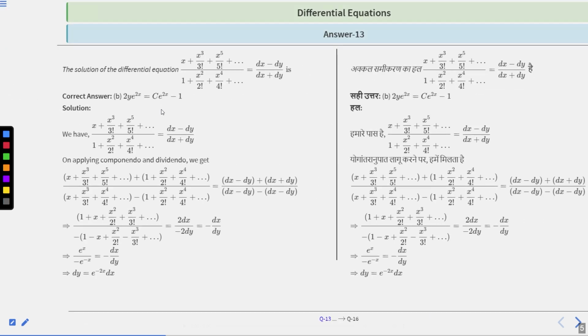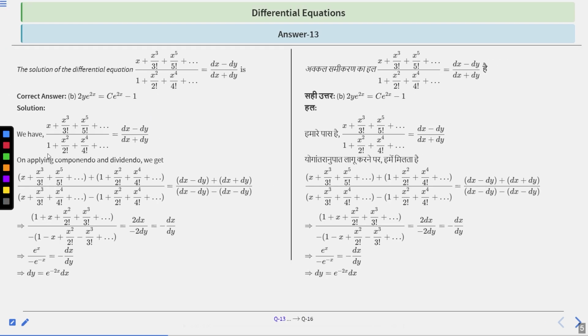Okay, let's move to the solution part. As we have the expression (x + x cubed by 3 factorial + x to the power 5 by 5 factorial till infinity) upon (1 + x square by 2 factorial + x to the power 4 by 4 factorial till infinity) is equal to (dx - dy) upon (dx + dy). Now on applying componendo and dividendo, we get